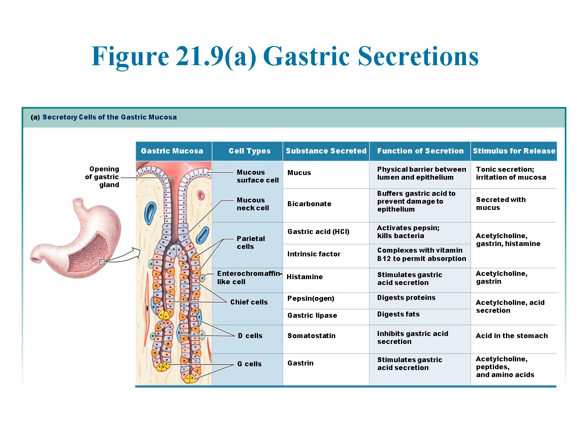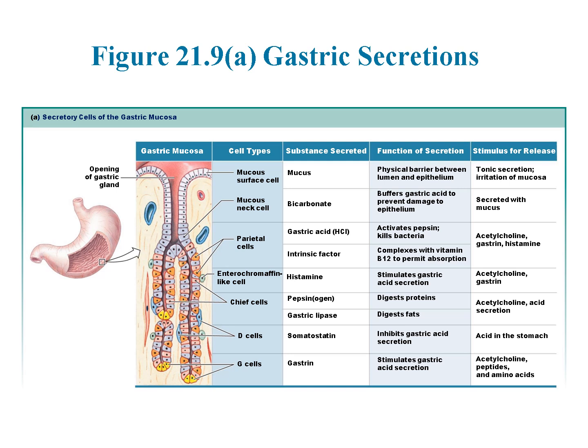These secretions include mucus, acid, enzymes, and hormones, each with a specific function in regulating gastric activity. The mucus surface cells secrete mucus, which forms a physical barrier between the stomach lining and the highly acidic gastric environment. This prevents damage to the stomach epithelium. The mucus neck cells secrete bicarbonate, which buffers gastric acid and further protects the stomach lining by neutralizing acid near